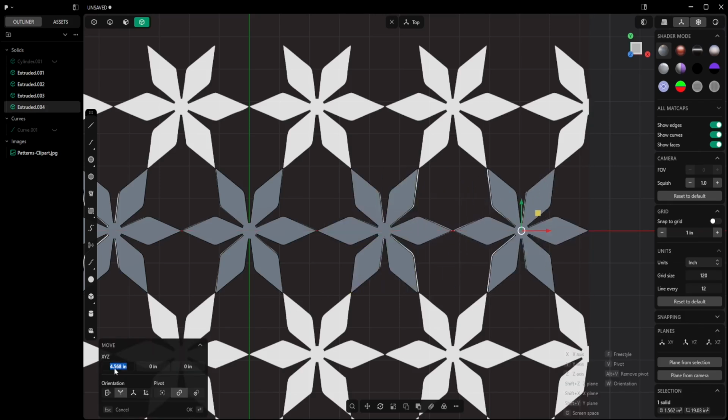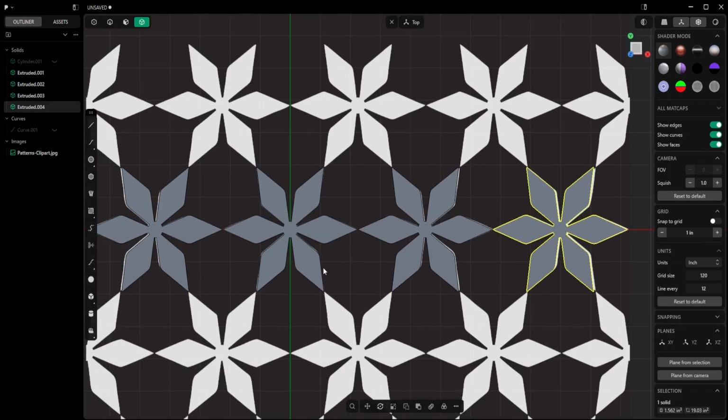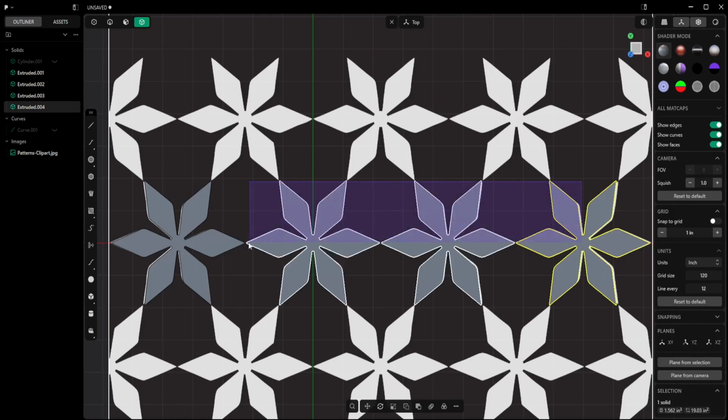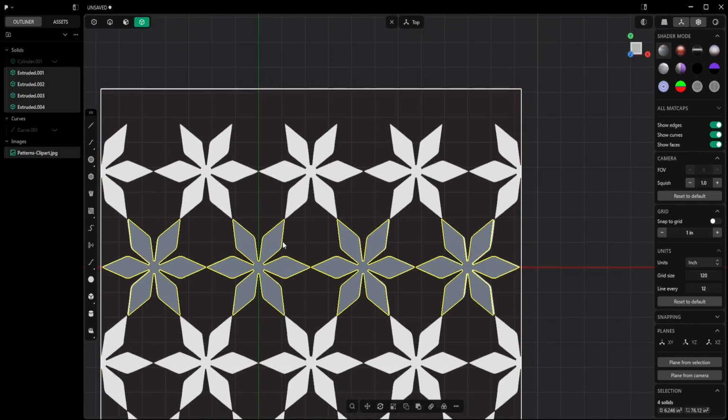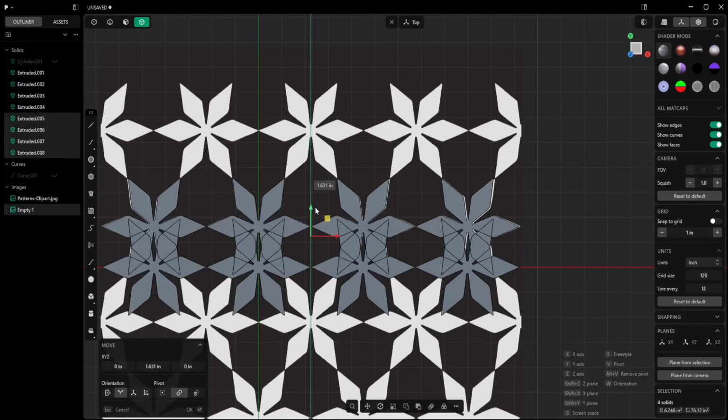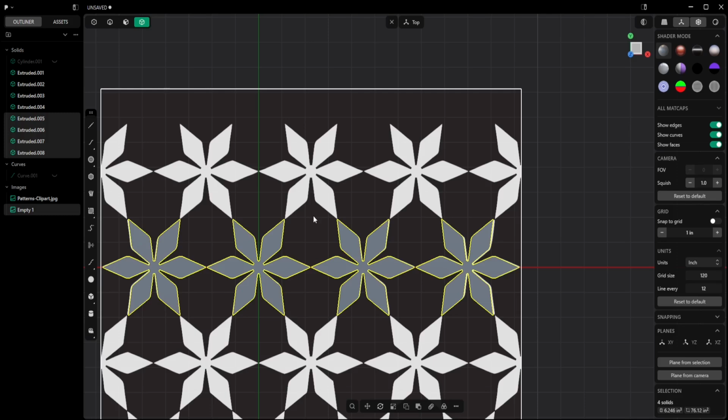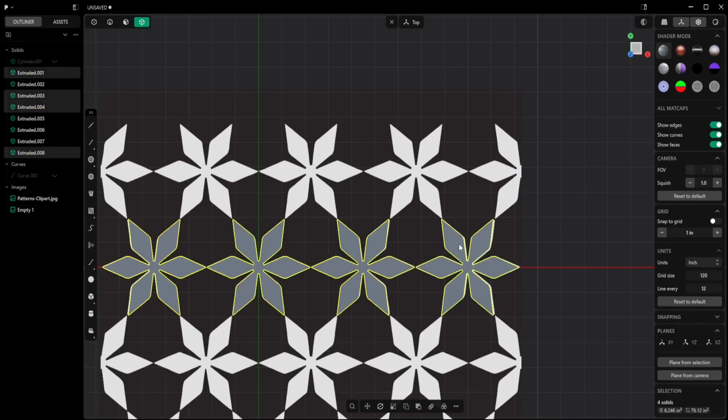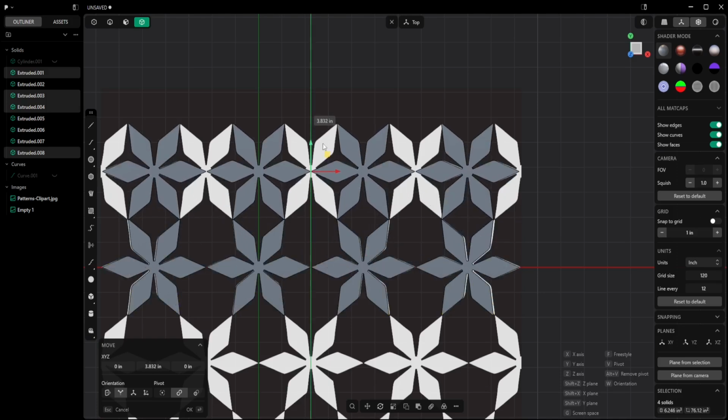And I'll do it one more time. And now I'll select all 4 objects, hit Shift D and move them up. But it looks like I also duplicated the pattern image, so let me back up and select only the 4 objects, and then I'll move them up 3.8